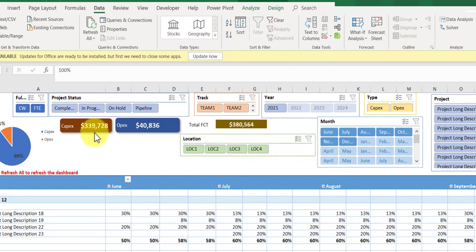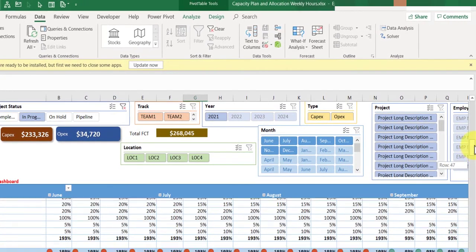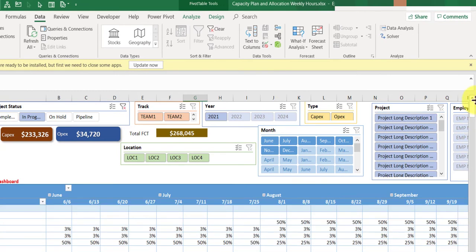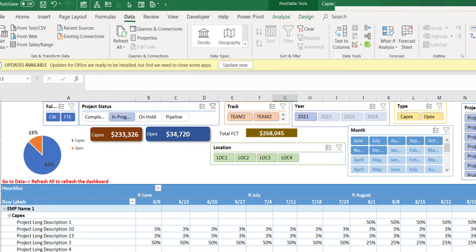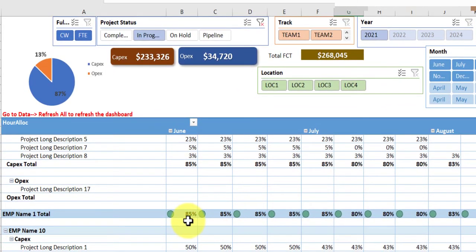Now you can see that the data has changed, it's 339, and here we have a bunch of filters where you can see based on all the projects that are currently in progress. So if you select this, it will show you all the projects which are currently in progress and allocated to different employees. So you can see, okay, how much it is allocated to. Employee 1 is also working on all these projects which are in progress, and you can also see the total allocation, right? And you can see the total here with the color coding.